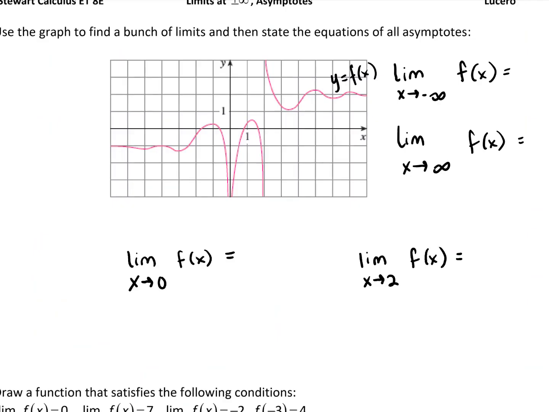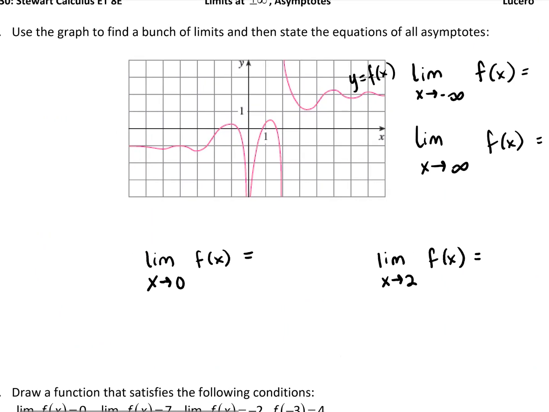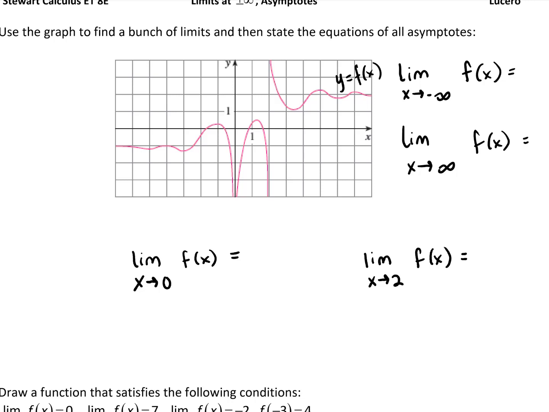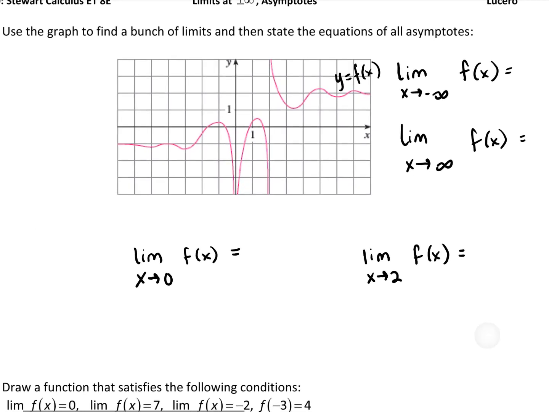Okay, so let's do two more graphical examples on this particular video. Let's take this graph that's given and compute a couple of limits. Again, putting together the pieces we've talked about with vertical asymptotes along with what we're talking about now with horizontal asymptotes. So if this is our curve, y equals f of x,